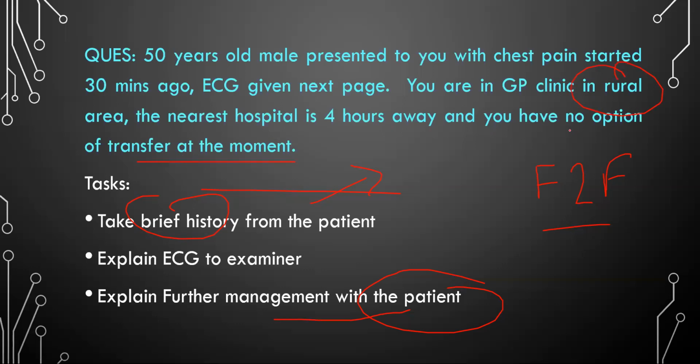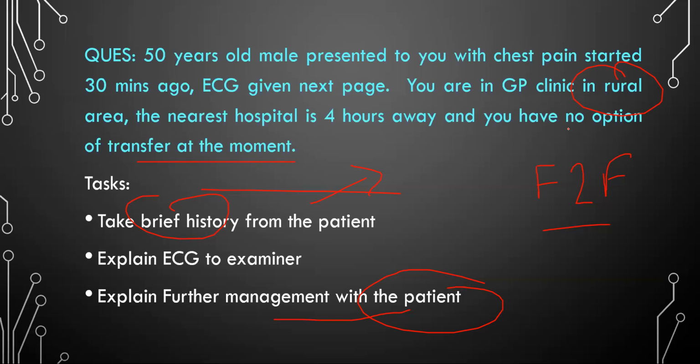So you have to go for a thrombolytic agent. So no more PCI. So you have to also include if the patient has got any contraindication for thrombolytic agent. So after chest pain associated symptom, your next question will be, any medical condition have you got? High blood pressure, diabetes, anything like that? Are you on any regular medication?